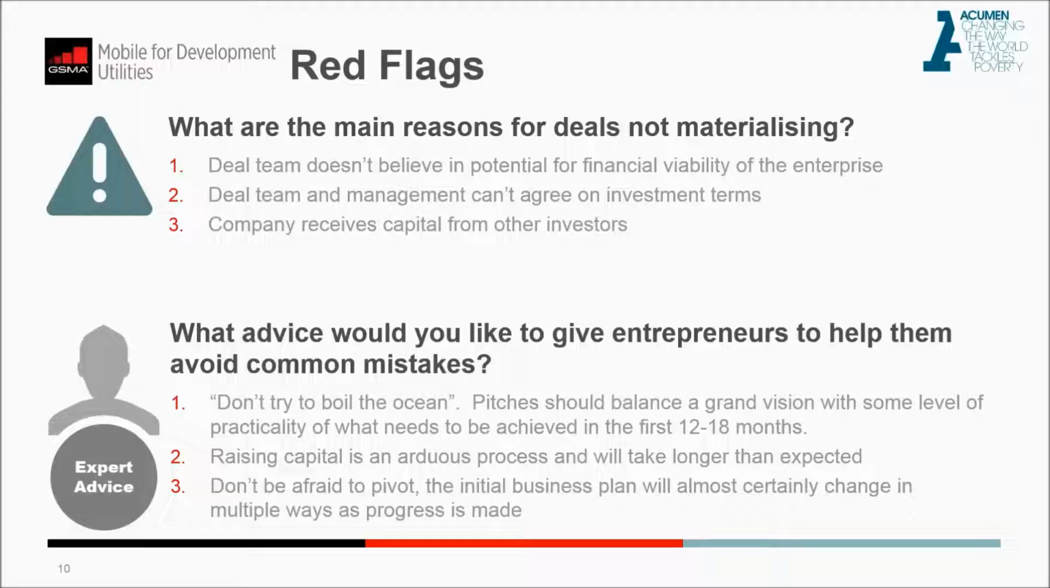So in terms of some red flags of why a deal might not materialize, the first point, the deal team doesn't believe in the potential for financial viability of the enterprise. Financial viability is a little bit of a vague term. It can be defined in a lot of different ways. I think here the point is that,